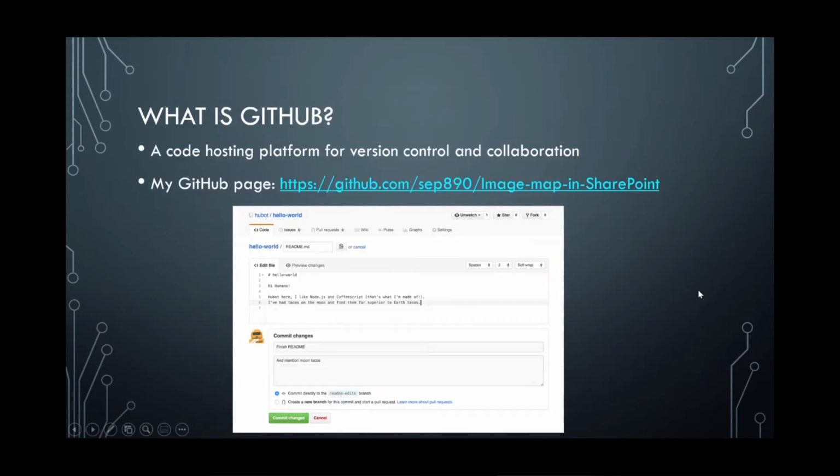So back to where you're going to access my code, I have it hosted on GitHub. If you don't know what GitHub is, that's a code hosting platform for version control and collaboration. I've used this many times for my school projects. There's so many capabilities, version control, and then having branches to show who's contributed what. Lots of good stuff. My GitHub username is SCP890,